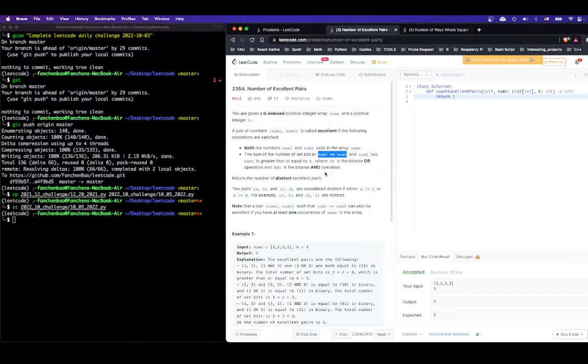So for a value, for one number, I need to find another number such that when they OR together and when they AND together, the sum